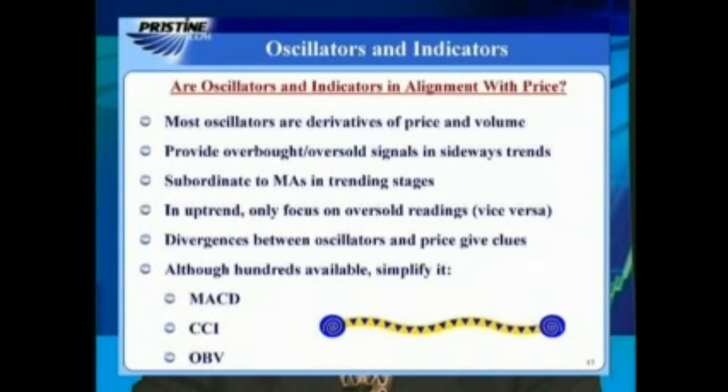So in downtrends, the opposite's true. Any oscillator whatsoever, we are only interested in overbought readings, because we specifically, and we aren't going to do it in here, but we specifically teach you through what we call a Pristine sell setup, how to short into those bounces into downtrends. Divergences between oscillators and the price chart can give clues. I'll show you